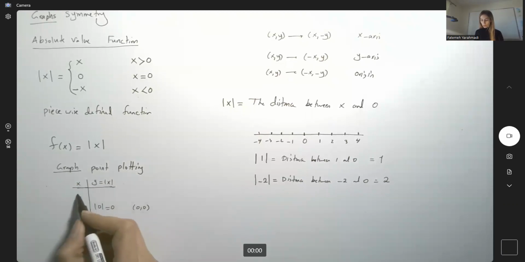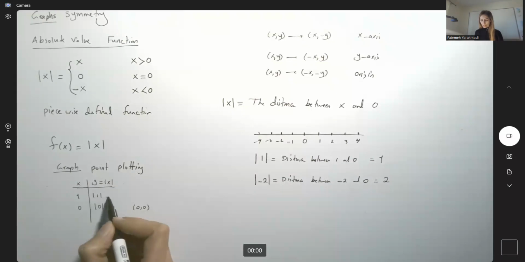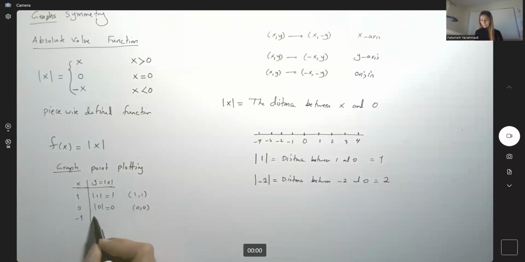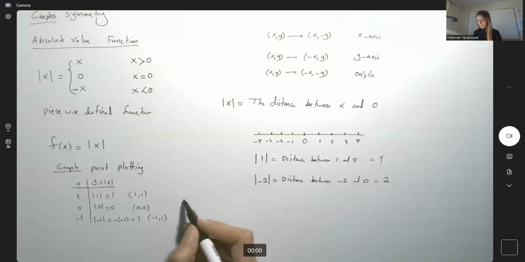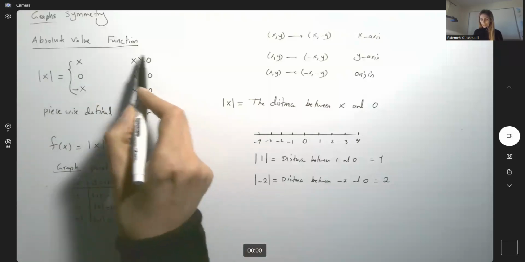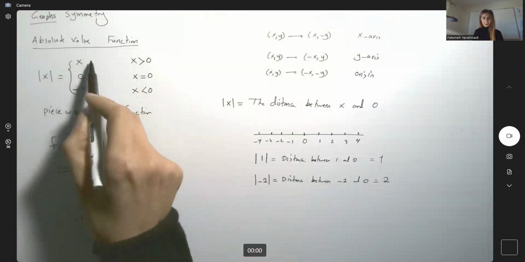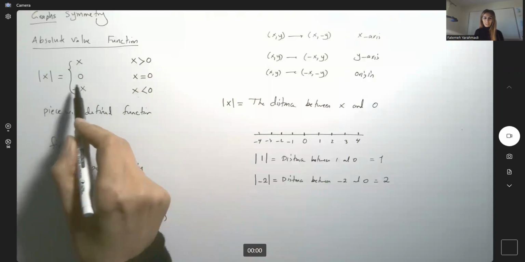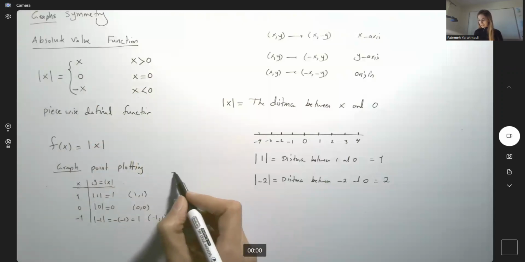If I plug in 1, I get the absolute value of 1, which is 1. I have (1, 1) on the graph. If I plug in -1, I get the absolute value of -1, which is 1. So (-1, 1) is also on the graph. Using the definition, x positive, I get y equals x. If x is negative, I get y equals -x. It means that I have